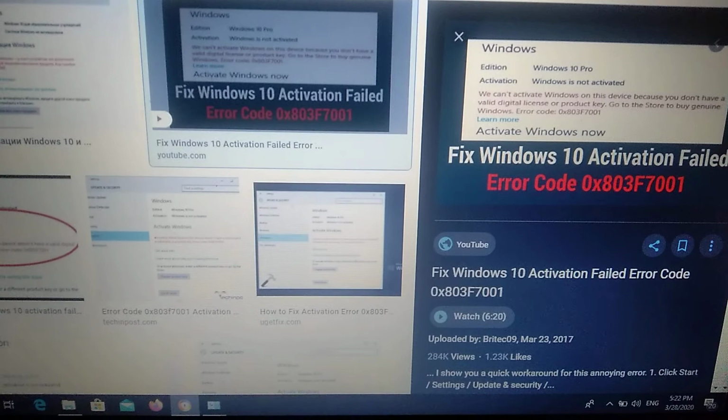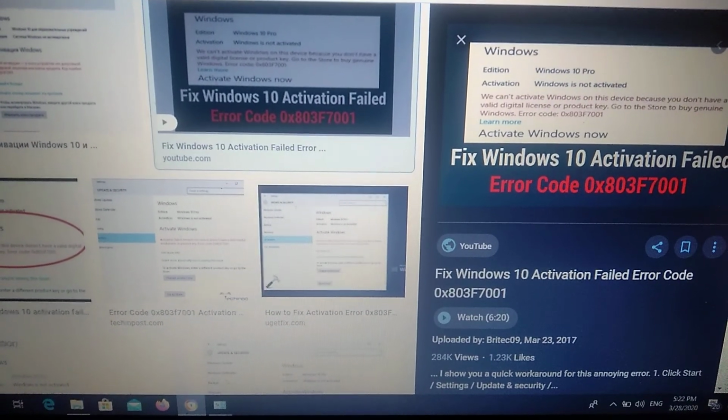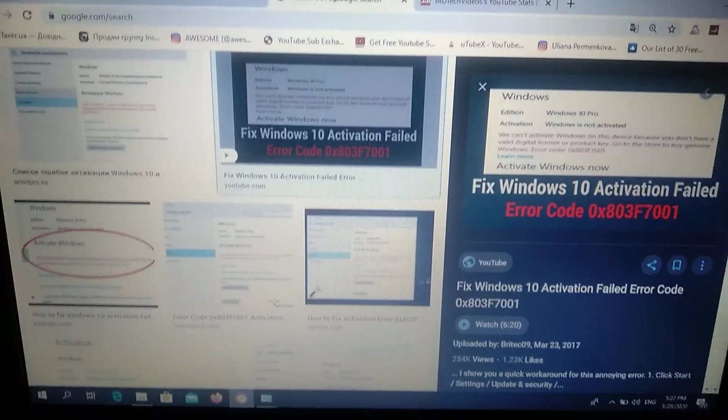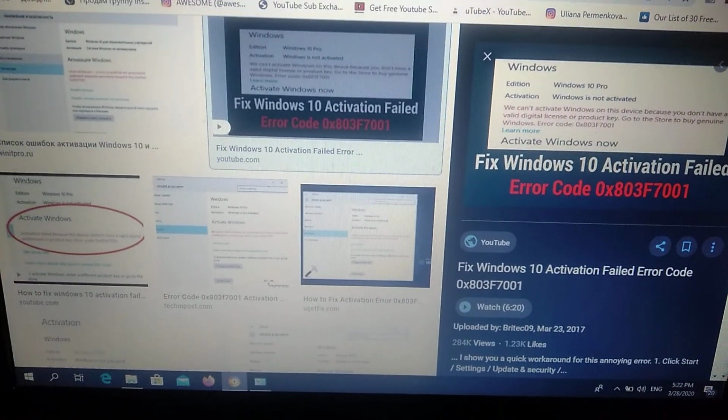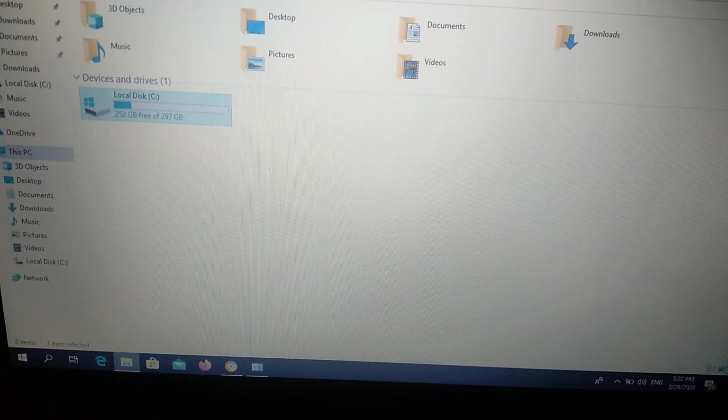Here you can see it, null x803f701. So this is an activation failed error. So how can we fix it? We just need to